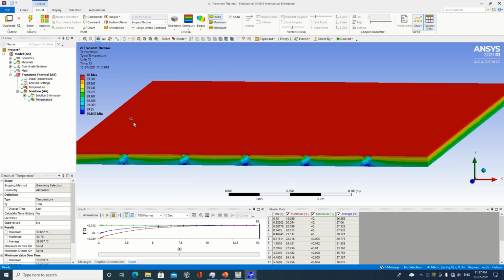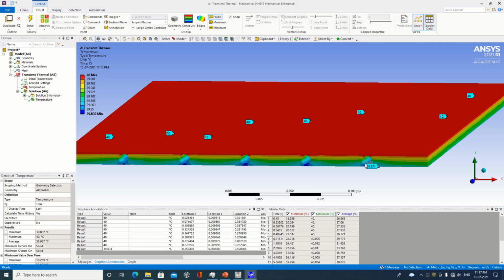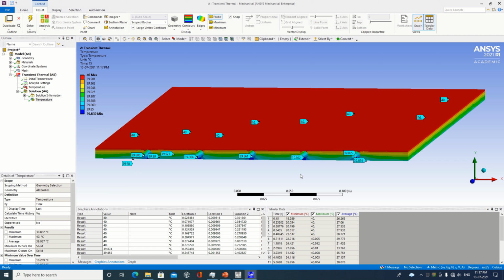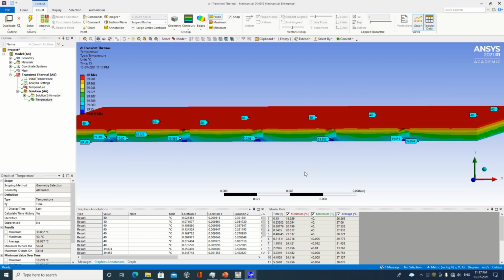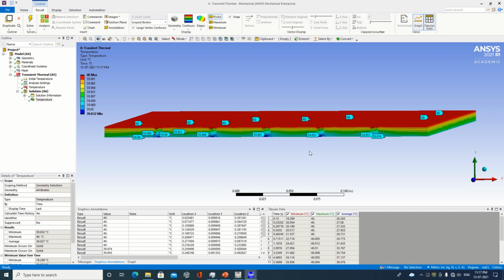One additional thing, if you want a specific temperature at a specific point, you can get that, just like here I am getting. If I want the temperature inside, you can get the inside temperature also, like the probes which I have selected over here. So in this way you can get the various temperatures on your absorber. We have taken this absorber plate which has an inbuilt tube inside. So in this way you can do the analysis, you can change the geometry also, and you can do further analysis on the same.